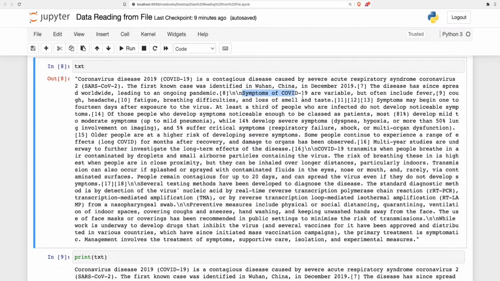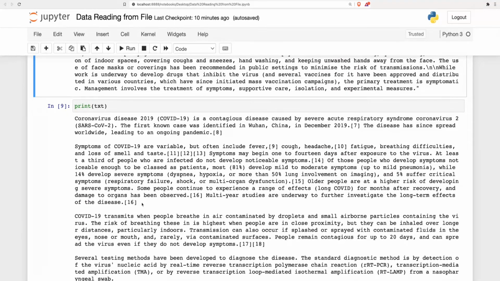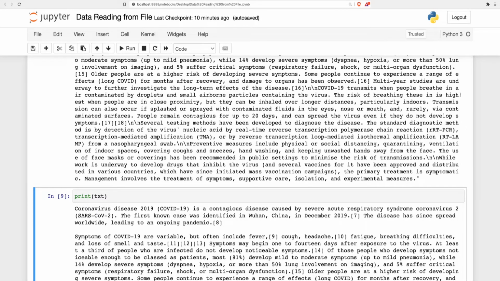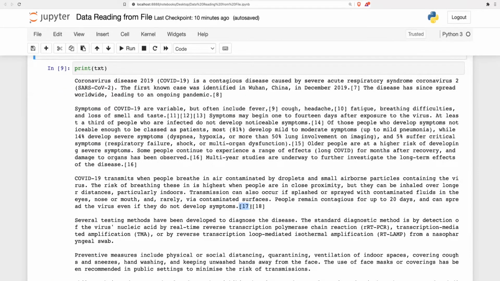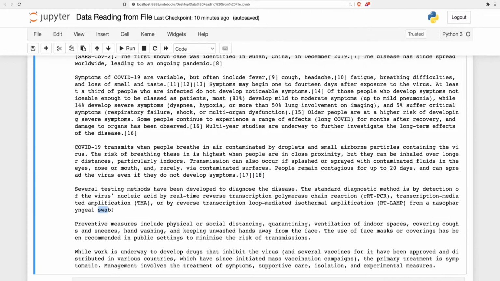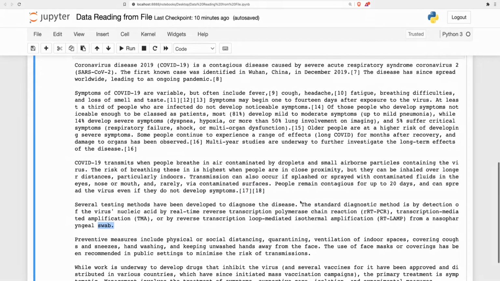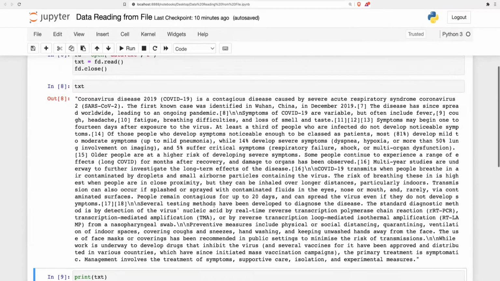After that, symptoms are there, and so on and on. After disease, after the text, 16th, we are having again two \n's, and here you can see after disease 16, \n's are there. The same thing has happened after this as well, 17 and 18, two \n's are there. Okay, and after that, swap and transmission, let's go to swap and transmission as well.